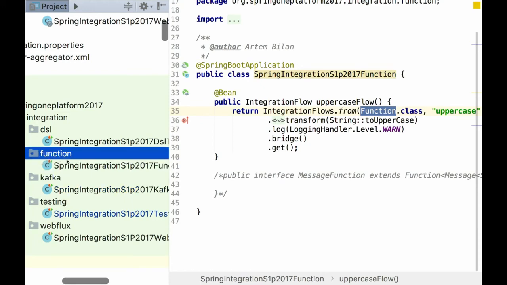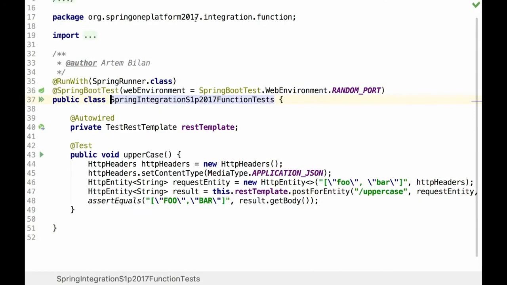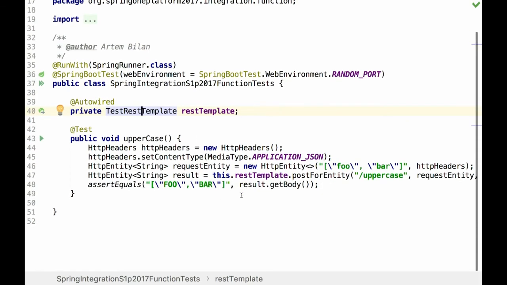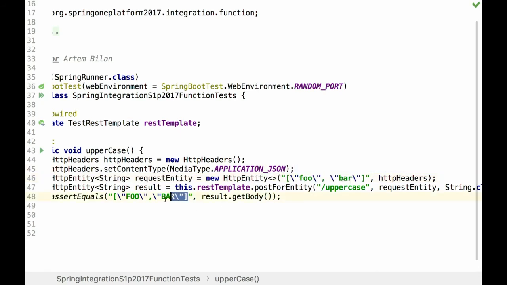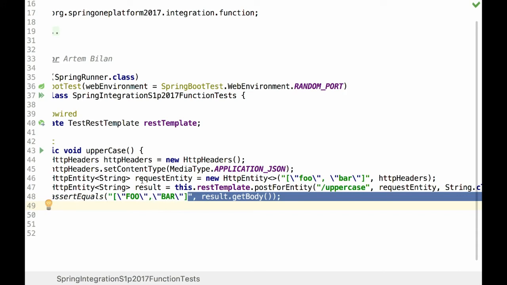The sample can be tested with this. I use REST adapter for Spring Cloud Function, and in the test case, I just perform HTTP GET method through test REST template from Spring Boot. I send some JSON as an array and expect result as uppercase transformation.